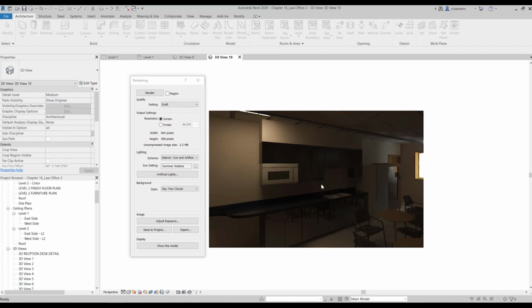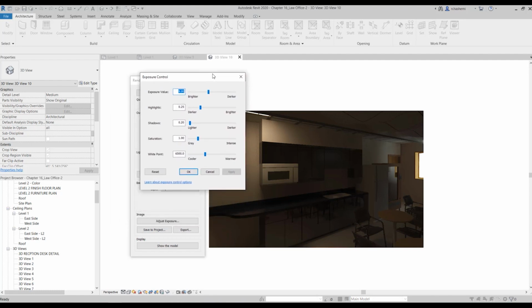Okay, so this is the final render of the view, and as you see, it's too dark. And I reduced the number of artificial lights because it was taking too much time. And then I'm gonna adjust the exposure here just to make it better. So you can come here and change the exposure value.